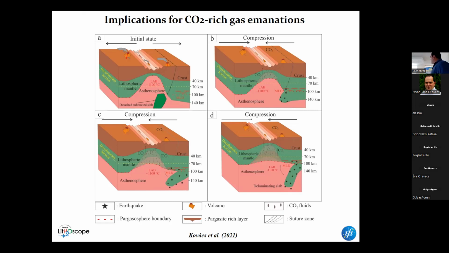So what happens is, if you have a partially molten asthenosphere, like the one beneath the Pannonian Basin, and it's in the thermal relaxation stage, then it continuously crystallizes, which means that during the crystallization, the carbon dioxide is basically